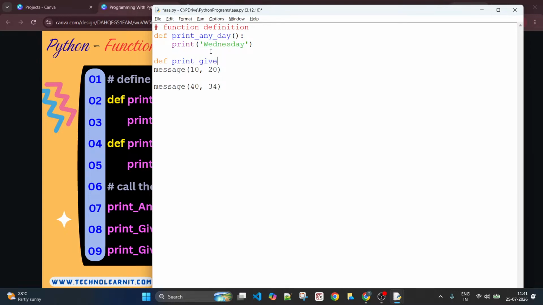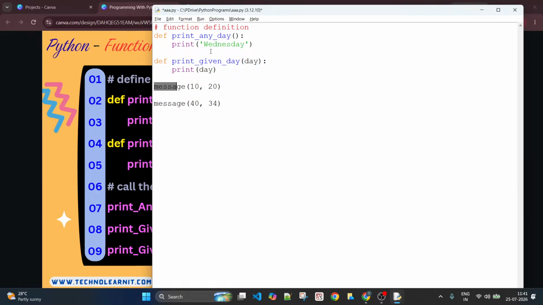Print given day. You are saying given day, but how do you give which day to print? That is what you need to fill in the parameter. So you can just say day, some argument, and here it can print just a day. This day can change based on your call.